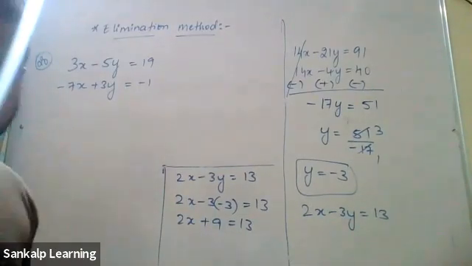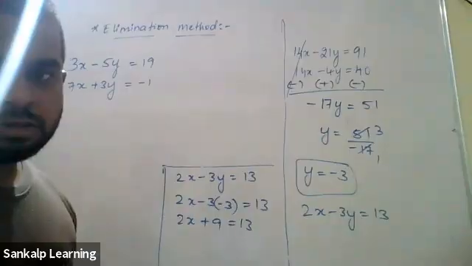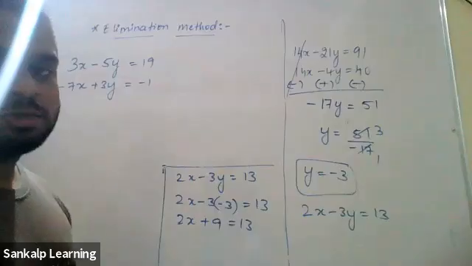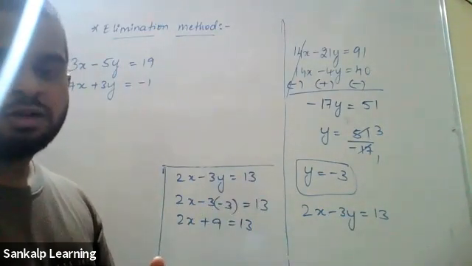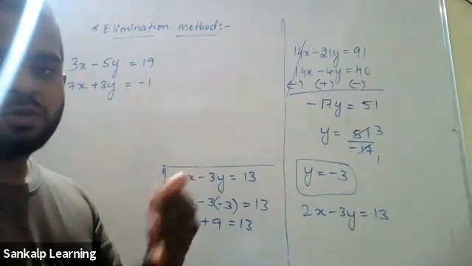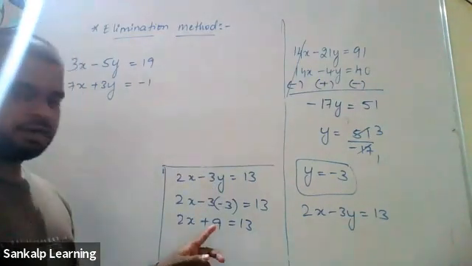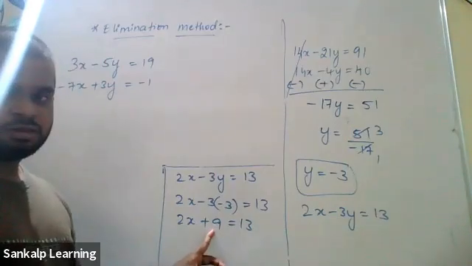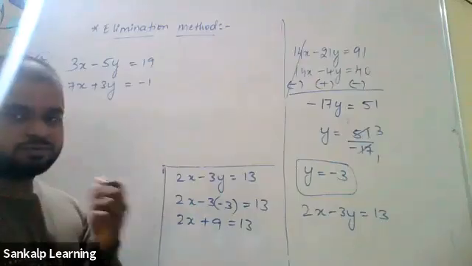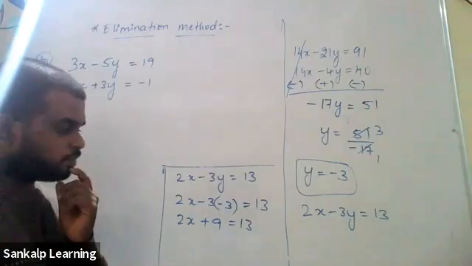Sir, when the value of x is -2 or +2? +2. 13 minus 9 is 4. 2x is equal to 4, so x is equal to 4 by 2. I've done it here. You have gone wrong. How come you got -2? Sir, for 13 we have to put the greater number's sign.